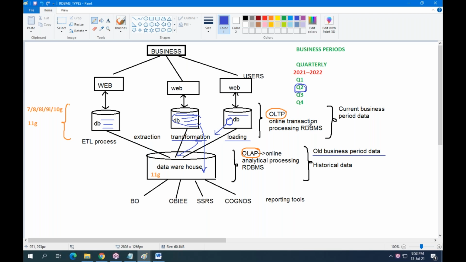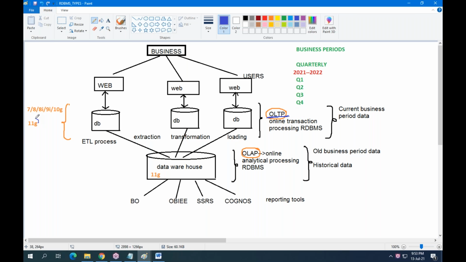So what you have to remember is every business has to maintain 2 types of databases, OLTP and OLAP. In our training, we are learning about OLTP only, not data warehouse.